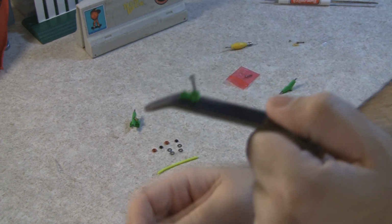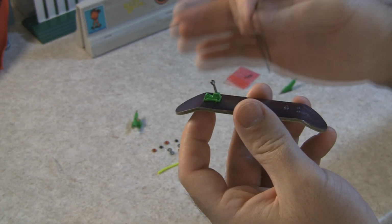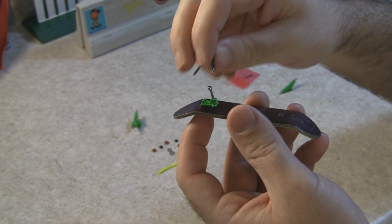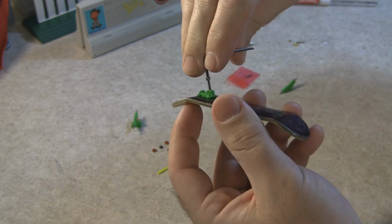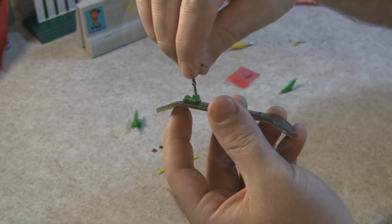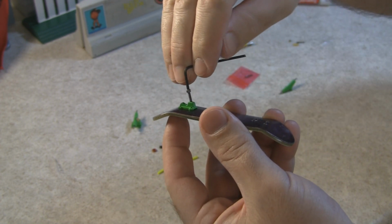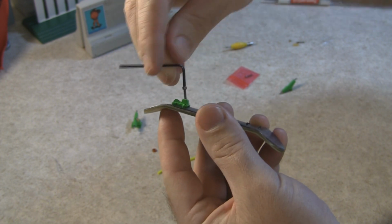Now, when you get it started a couple turns like this, I'm going to show you what I think is the most important part, because you can snap these. If you have a super tight truck and it's really being stubborn, like these, it's pretty snug, but it's not that bad. Take it a quarter turn, tightening, then loosen it back up a half a turn, then go back, snug it a little more,